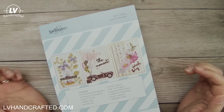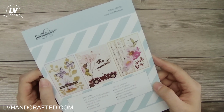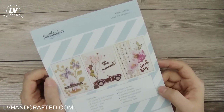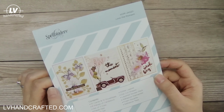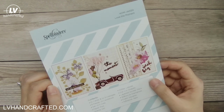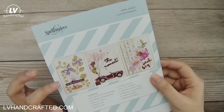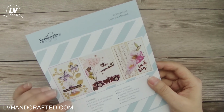So I just finished my mini album using the Spellbinders card kit of the month from January 2020 called Love the Moment. And I do have a three-part tutorial series on how I created this mini album, which I'll show you in a second. But my motivation for actually using this card kit to create a mini album is I